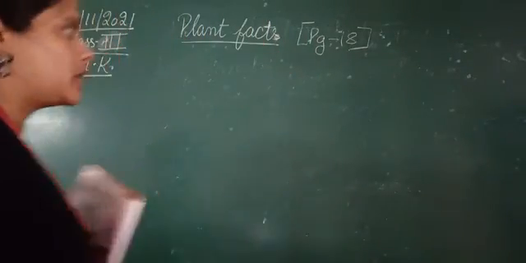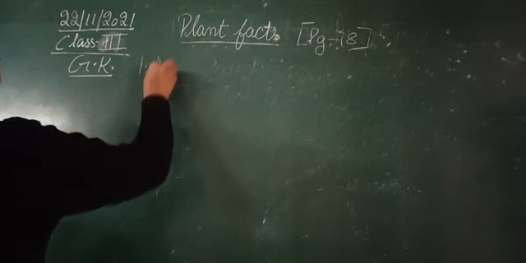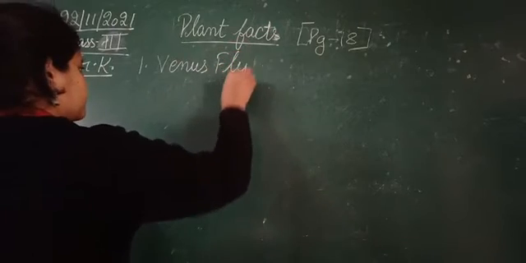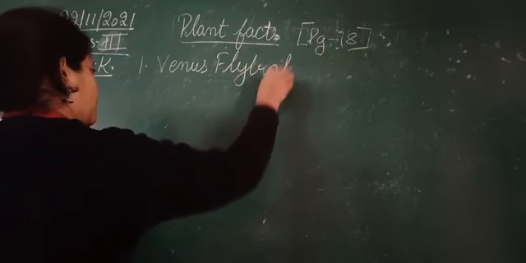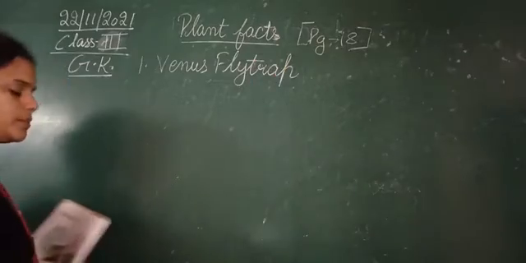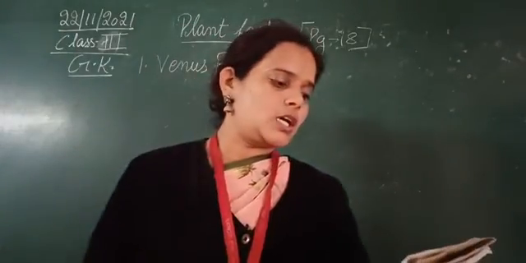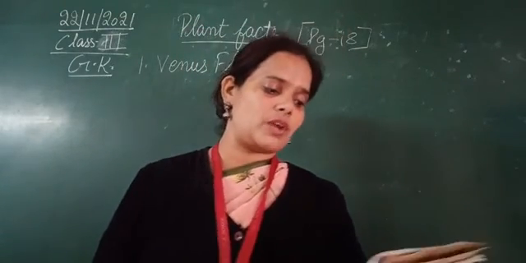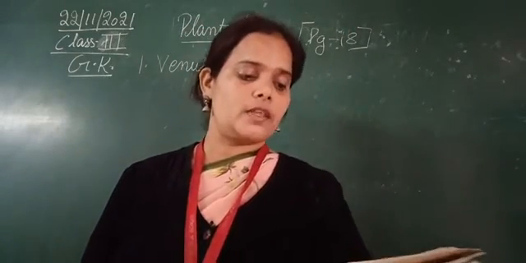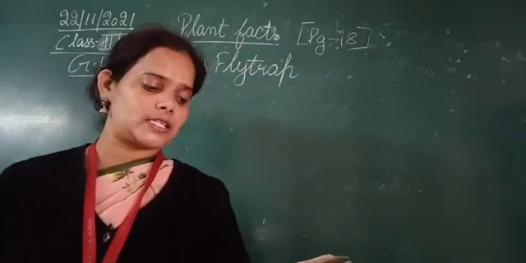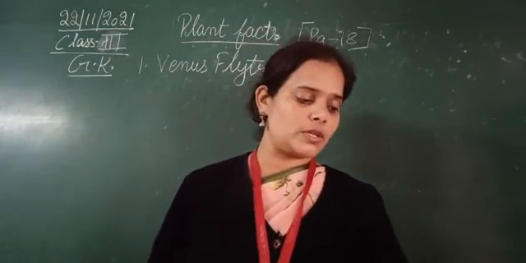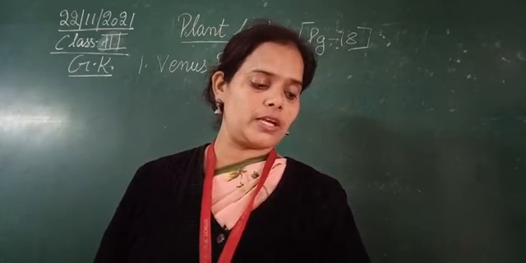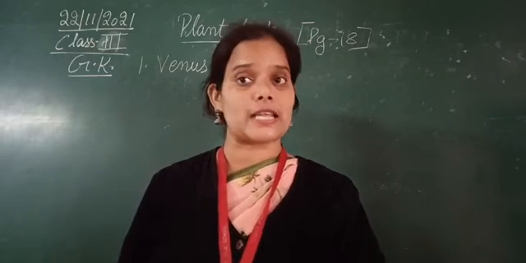So the first plant about which we are going to discuss today is the Venus flytrap. Now what is the Venus flytrap? The long leaves of the Venus flytrap appear like flowers to attract insects. They fold quickly to capture the insect that sits on them. The leaf reopens when the trapped insect has been digested. A leaf rarely captures more than 3 insects in its lifetime.